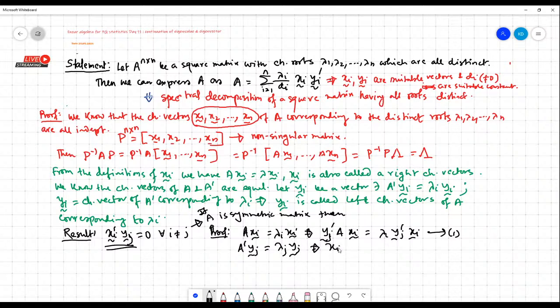So xi curl prime A yj curl equals lambda j xi curl prime yj curl. This is 2. Since these two, yj curl prime A xi curl and xi curl prime A yj curl, are quadratic forms, these two are equal. So from 1 and 2,